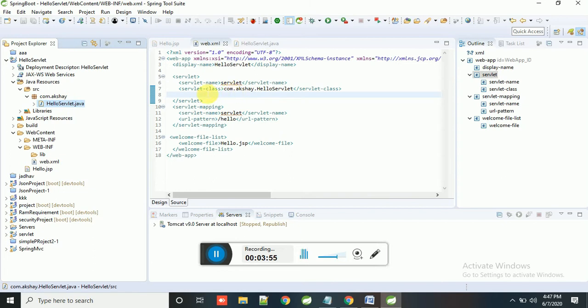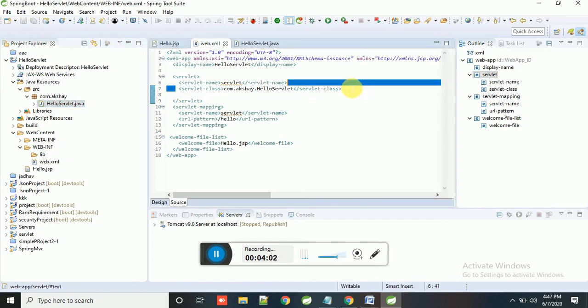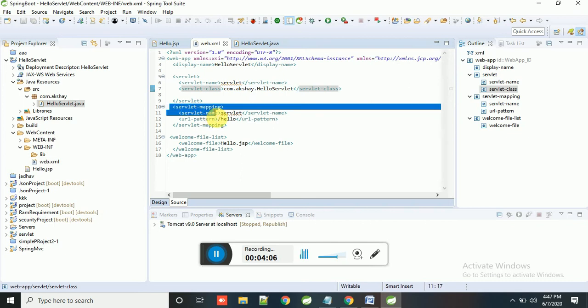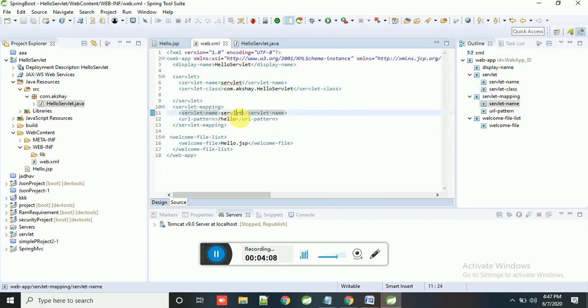This is the right way to write your servlet class to configure your servlet. And after that you write servlet-mapping. Here the servlet name is the same as your servlet reference name, and then your mapping URL.